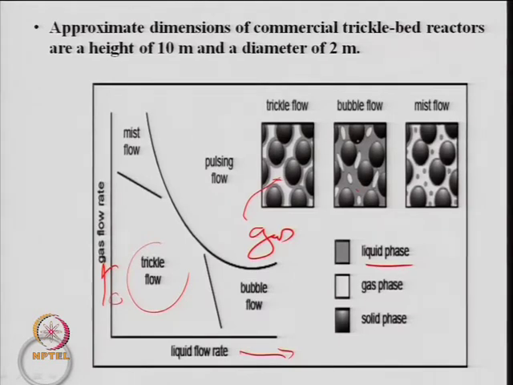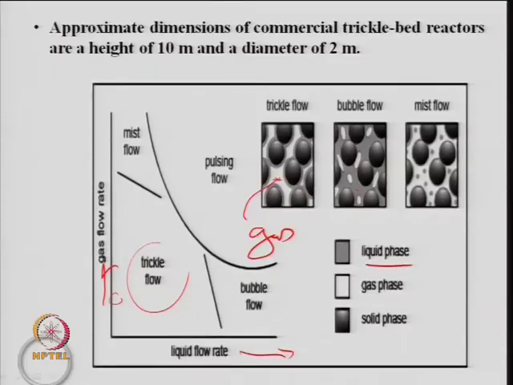So, when you increase the flow rate and finally keep on increasing, ultimately you have a bubble flow in this region, which is a high liquid flow rate. At higher liquid flow rate, you will have a bubble flow. That is why I was talking about a bubble column reactor or a slurry bubble column reactor. The liquid is already inside the column, so you have a large volume of liquid in the column, and gas is being bubbled or sparged from the bottom. But in the trickle flow you do not have liquid inside the reactor. It is trickling from the top, and gas is also coming along with it. So, liquid trickles on the surface of the solid.